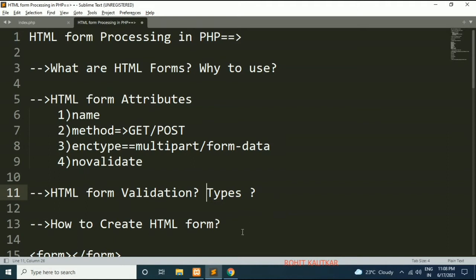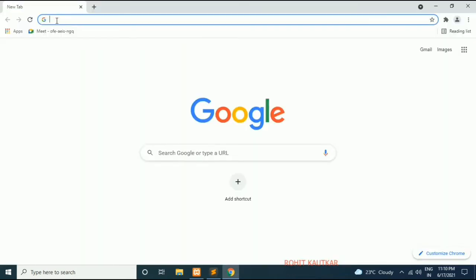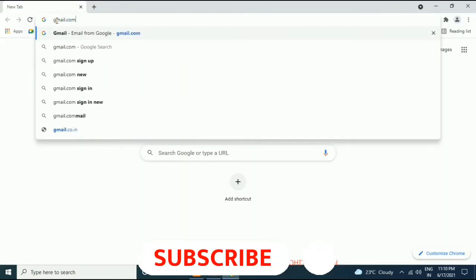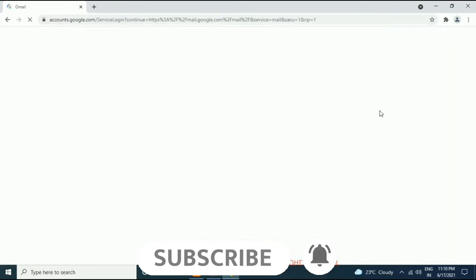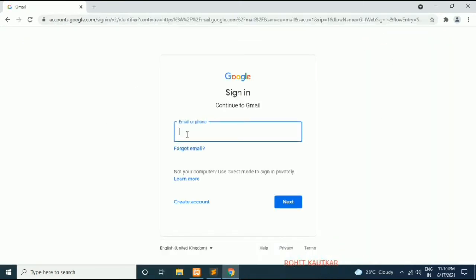So for example, I will show you. Okay, we will try to sign in with a Gmail account. So here this is an HTML form. Here you can see they are asking for your email address with the help of a text box, and there is one button, Next.